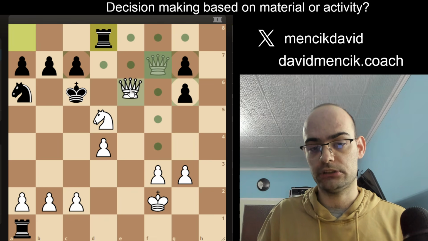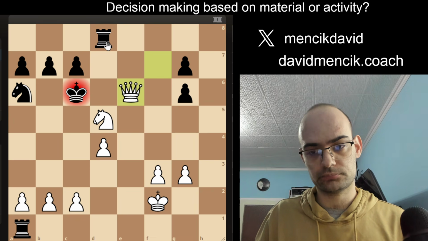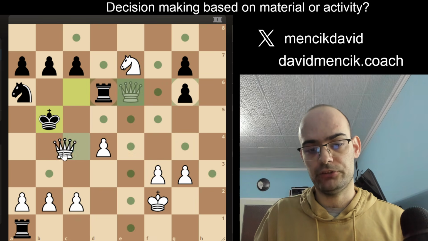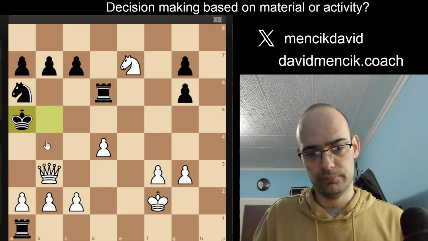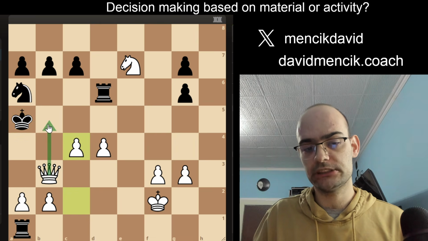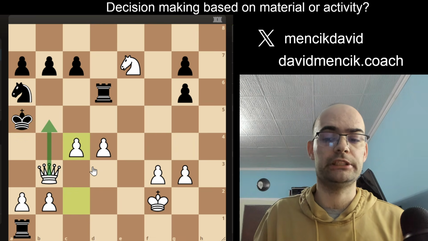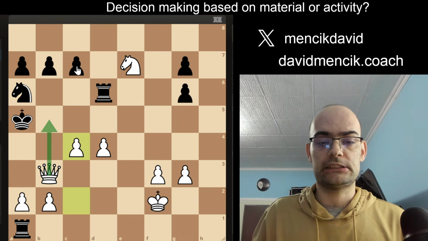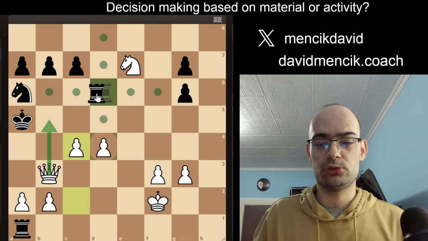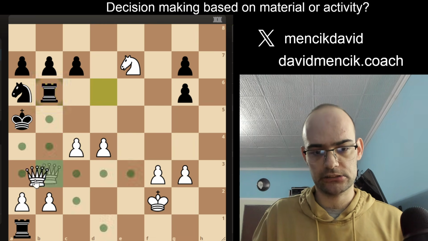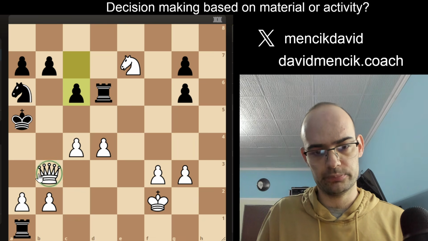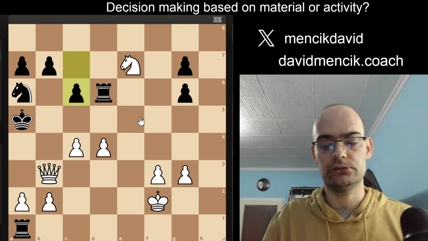But then after queen e6, knight e7, and queen b3, it seems like mate will happen pretty soon here. For example, c4 and queen b5 is a checkmate threat. The only moves that make any sense to try to stop this are rook b6 and c6. Let's see, rook b6, queen a3, mate, yeah. c6, okay, no clear mate, but there is queen a3 winning the rook, which is good enough.